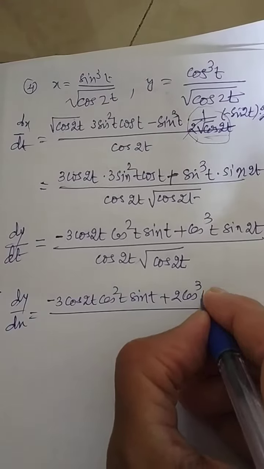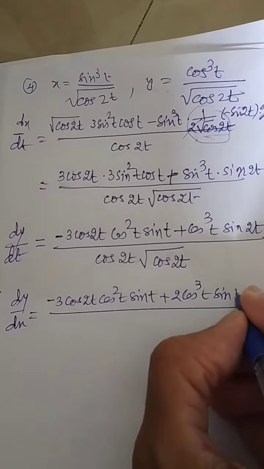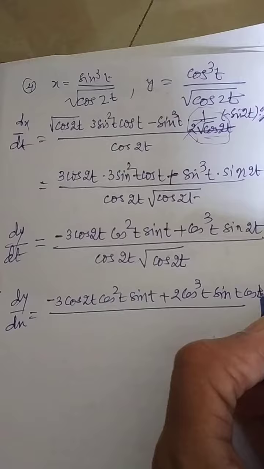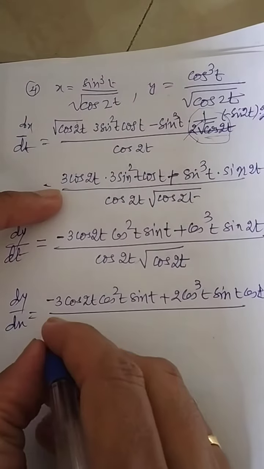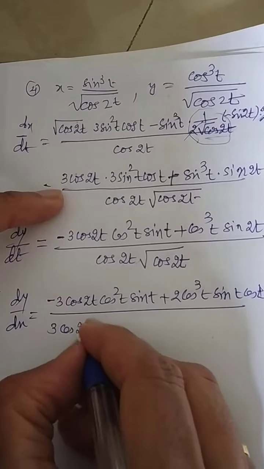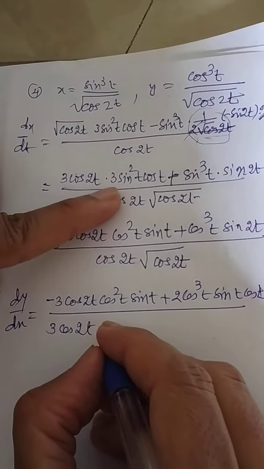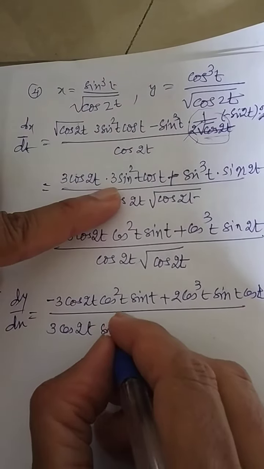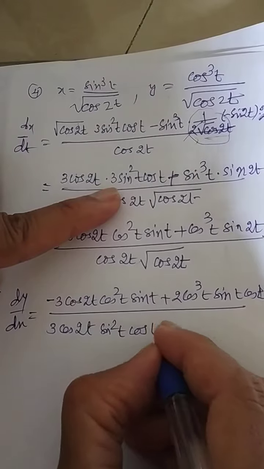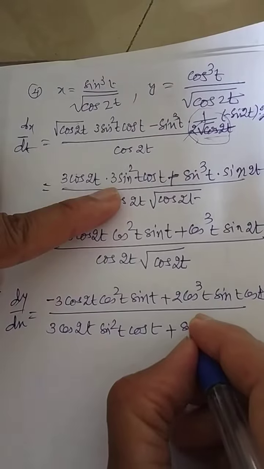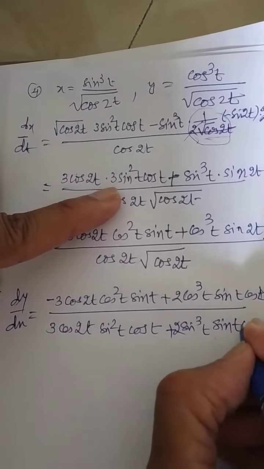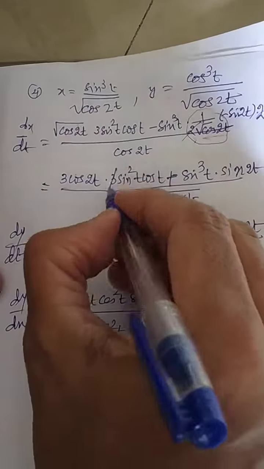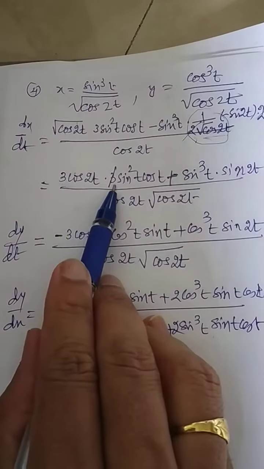Do you know why it is written like this? Because of that sin t and sin 2x formula. Similarly this expression will come in the denominator, 2 cos 2t, then it will be sin square t cos of t plus sin cube t, here also 2 will come, sin t into cos of t. This 3 will not come double, 3 will not.